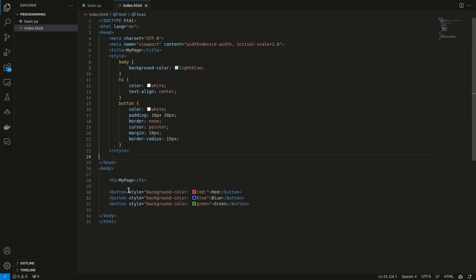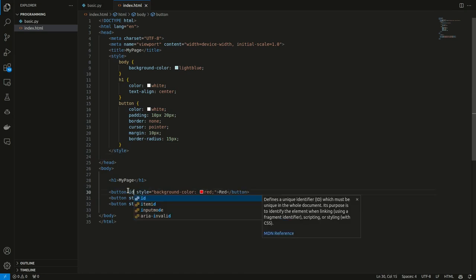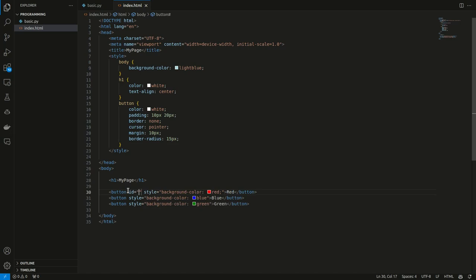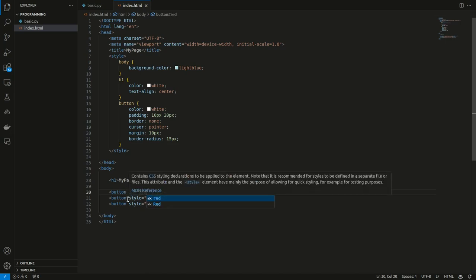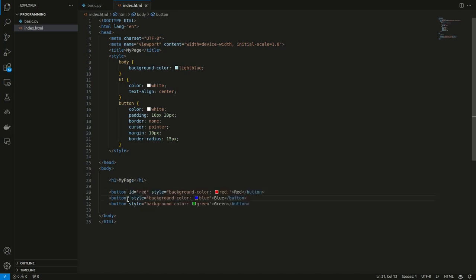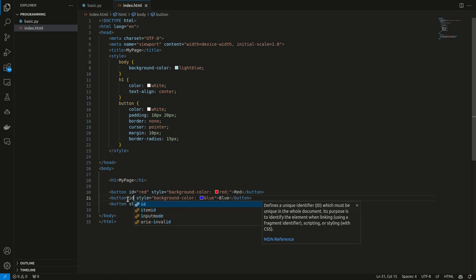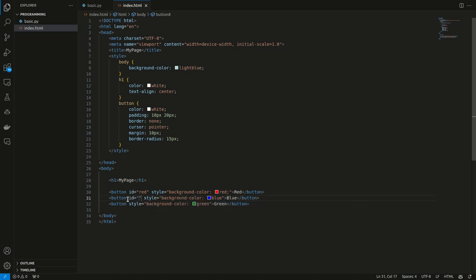Now this ID is just a way to recognize each and every one of the HTML tags. Each and every one of them has its own ID. So you can choose what happens to an HTML tag using the ID.